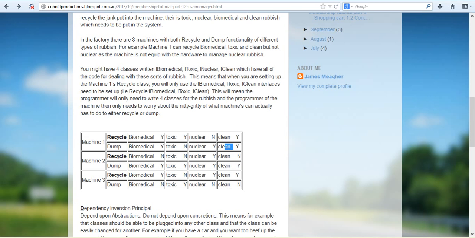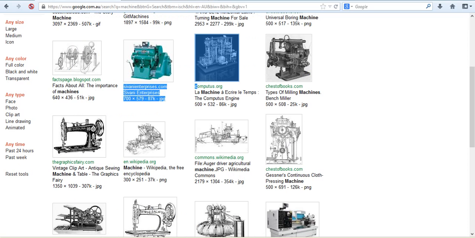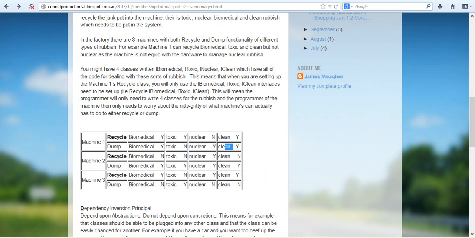dumps. The second machine, this one, that can only do recycle of biomedical, toxic, and clean, and it can dump biomedical, toxic, nuclear, and clean, but the only thing it seems it can't do is recycle the toxic one. So we just